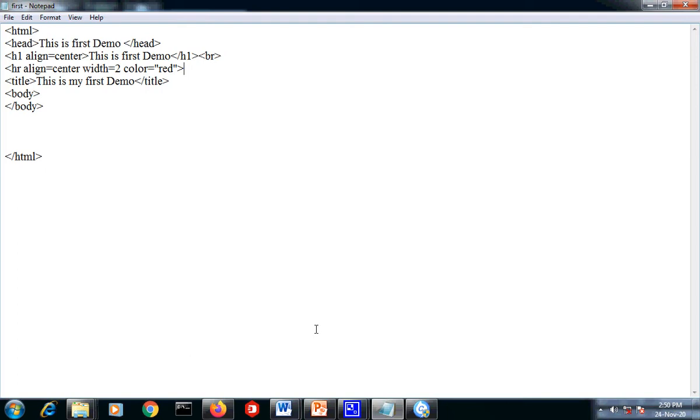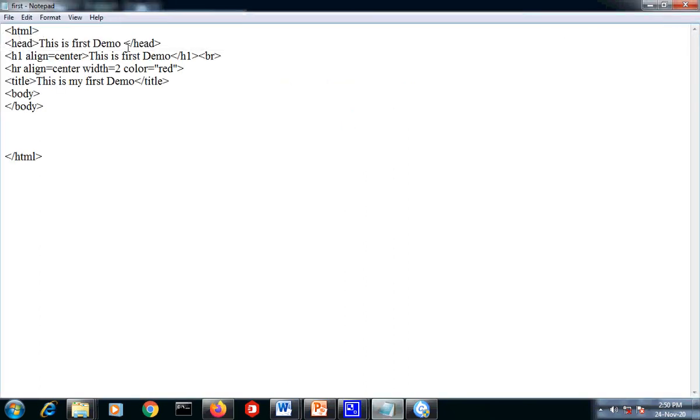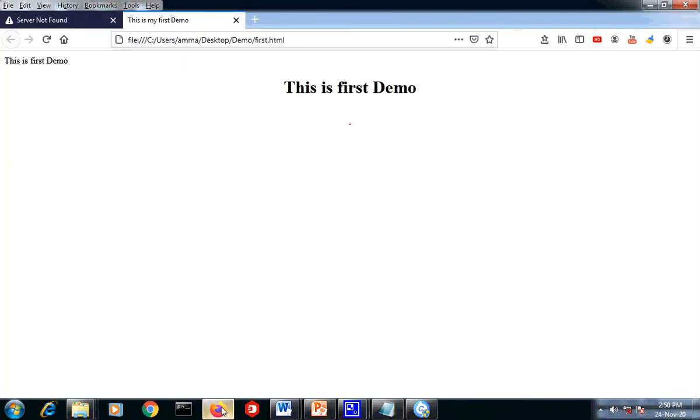Control S and press F5. When you give the width specification, you mentioned align equal to center and width equal to 2, but you had not specified the size. Here size equal to 30%.